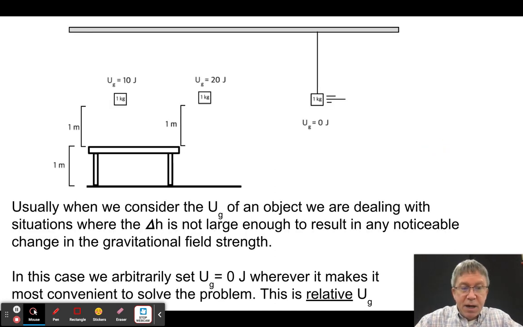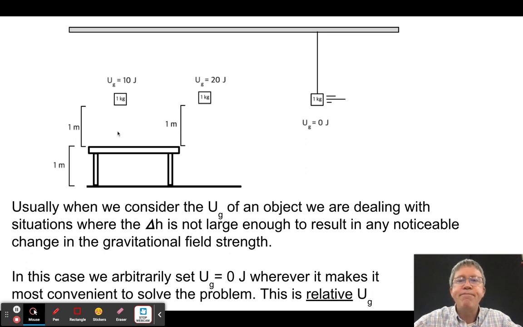Okay, so we've talked about potential energy quite a bit in this course so far. And I've always said it's up to you to decide what to call zero. So look at the case here. I have three 1 kilogram masses. They're all basically the same height above the floor of the room. And I have a 1 meter high table in that room. So if that 1 kilogram mass is positioned 1 meter above that table, and I want to talk about how much potential energy it has, I would probably say, well, I'm going to set the table surface as zero potential energy and therefore say it has 10 joules of potential energy because it's 1 times 1 times gravitational field strength